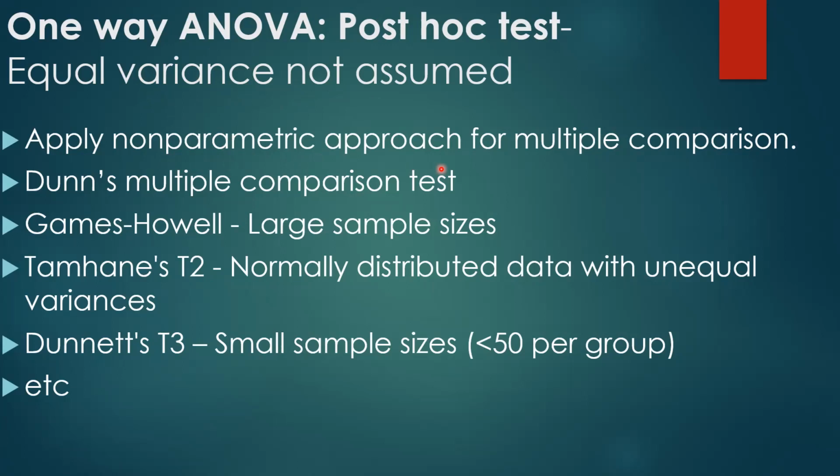Okay. Then for numeric data, if you have a numeric data set which is not obeying the equal variance rule for both sample and population, then you can also apply this type of pairwise comparison test. We have Dunn's multiple test, we have the Games-Howell, the Tamhane. But you should know that sometimes